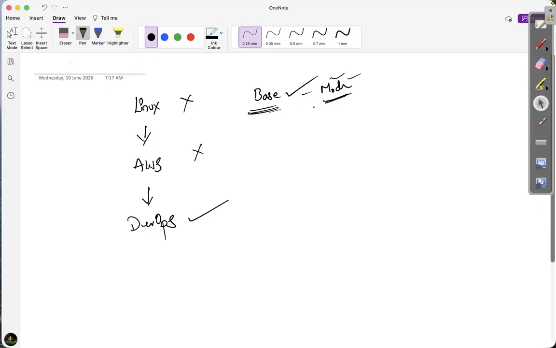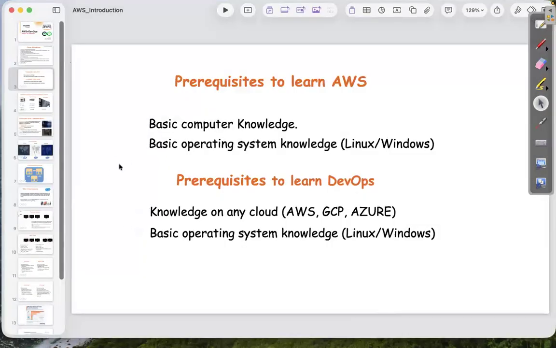Because here they're not looking for any Linux administration. If you are a Linux administrator, then definitely they expect a lot of Linux from you. We are not Linux administrators, we are DevOps engineers, AWS cloud engineers. So for these people, if you know basic Linux commands, that is sufficient, because in our day-to-day activities, we'll be using some basic things like creating, deleting, copying, installing, downloading. These we should know at least. Now let's get into the topic.